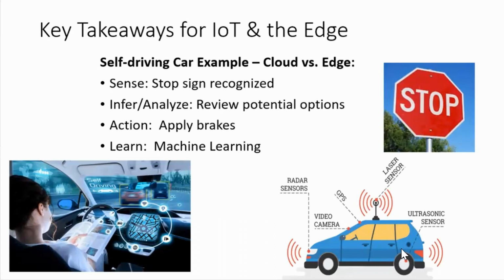And then I have to analyze: what am I going to do? What am I supposed to do? There's some computing that happens. Do I hit the gas? Do I apply brakes? In this situation, how am I programmed as a smart car? What are the actions that I'm supposed to perform? Maybe it's some additional analysis. It may not be binary, go or stop. And then I perform some kind of action. That's the key: I need to be able to perform that action without reliance on cloud.